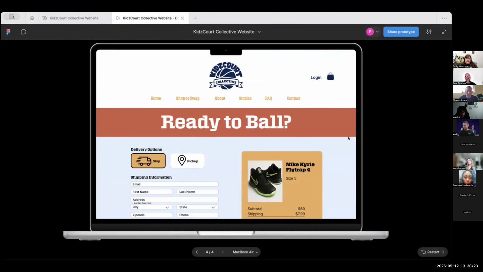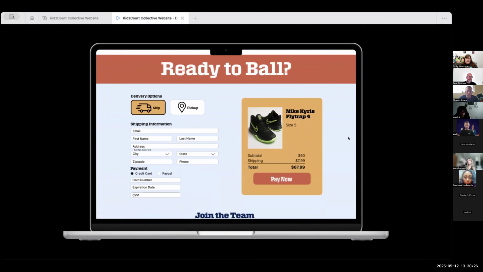All right. Yeah, so ready to ball. I like that. I like your color palette here. It's kind of bringing that through. You could include maybe some kind of incentive, right? Like how some people have come up with incentives to be able to get rid of shipping or something like that, or maybe like you can earn rewards. How about that, Precious? Like maybe based off of your membership, if you've already done this several times, maybe there's